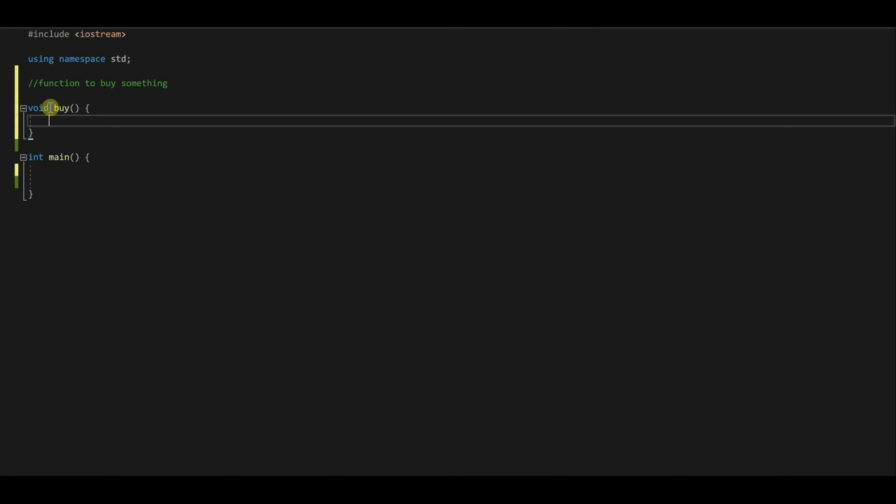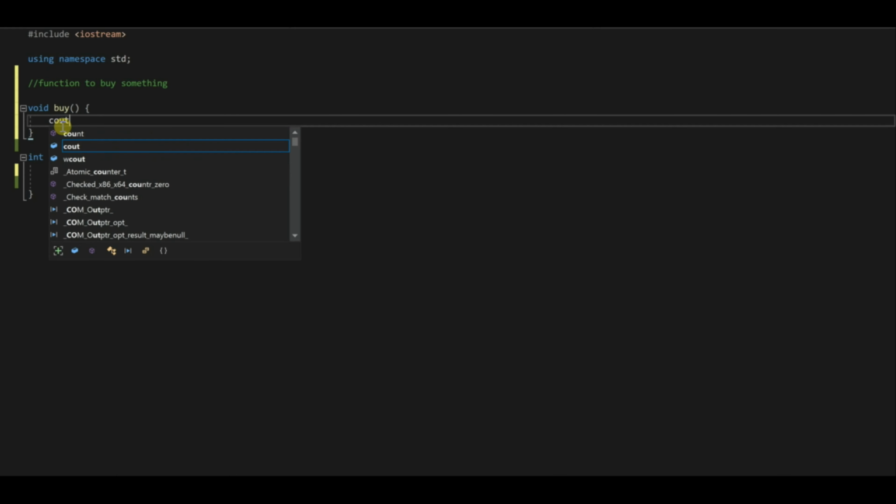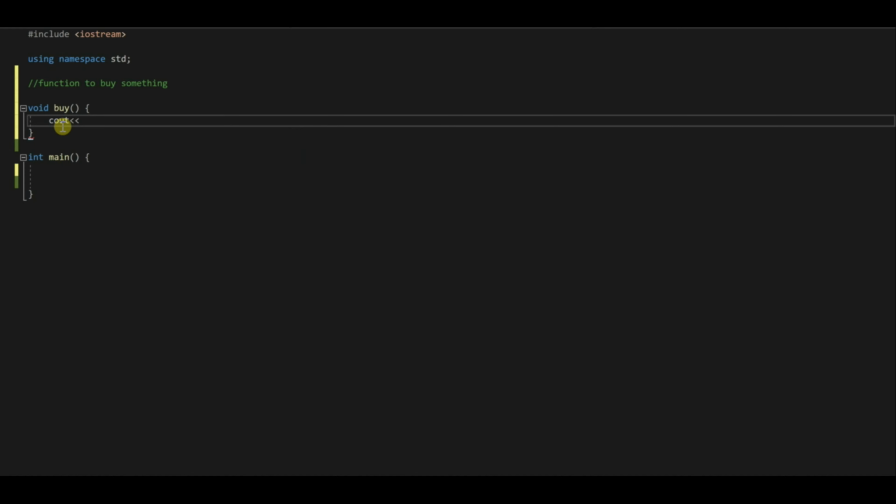You have to become familiar with the structure of how the function is written. So let's try to print something to the screen. cout, then we put our less than signs and quotation marks just as we did the first one. I am buying